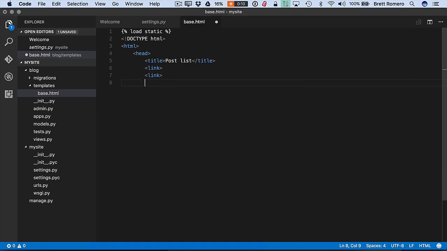And then we're going to have a link here. The relationship here is stylesheet. What this is going to do is make use of this load static that we have at the top of the page, because we're going to have one style sheet of our own as well. So I'm going to do static blog